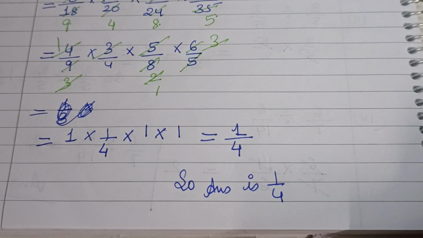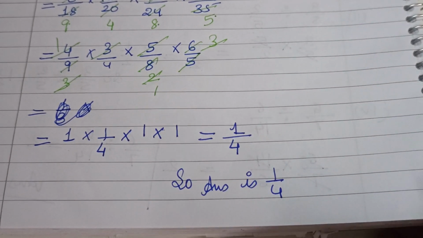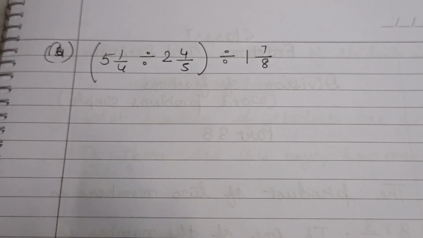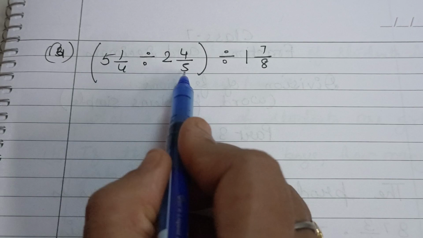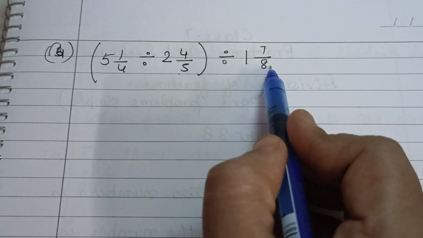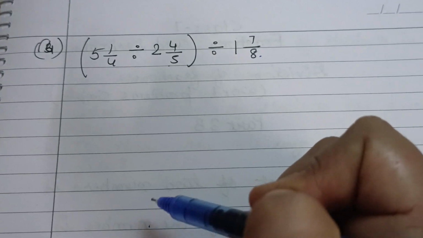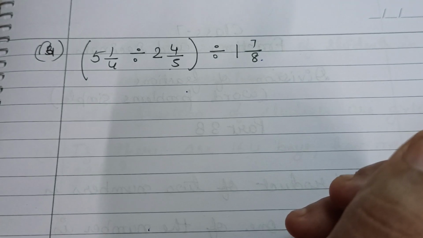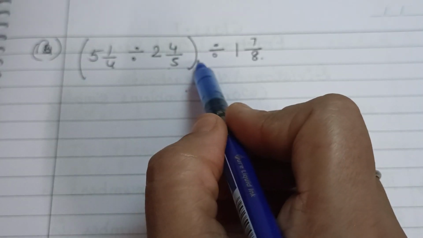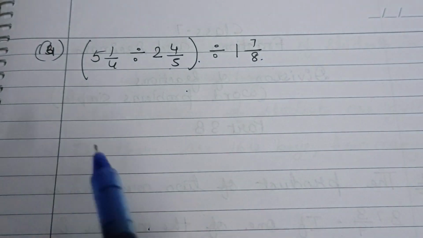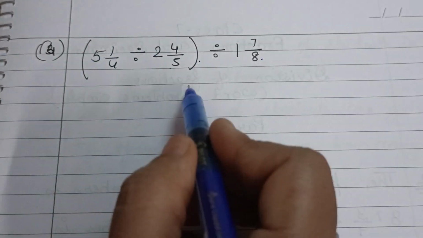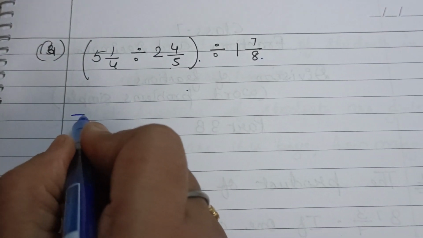सबसे पहले divide करिए, after that you do the multiplication. Now we are moving to the last question of this series, okay, in which there is only one operation which is division. The very first thing, the division is between these two and then these two. अब which particular will be operated at first. यदि ये bracket नहीं होता तो at that time you can operate any of the divisions at first. But as the bracket is given, so according to BODMAS, the bracket will be solved at first. अब bracket to be solved at first का मतलब ये होता है कि bracket के अंदर जो operation है that has to be solved at first.